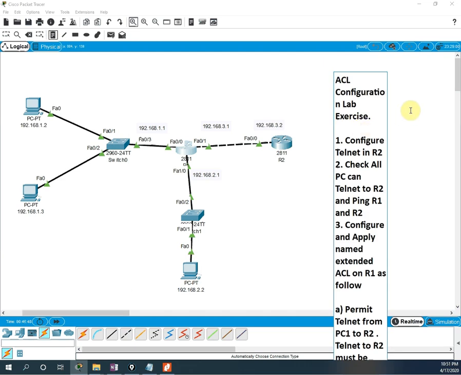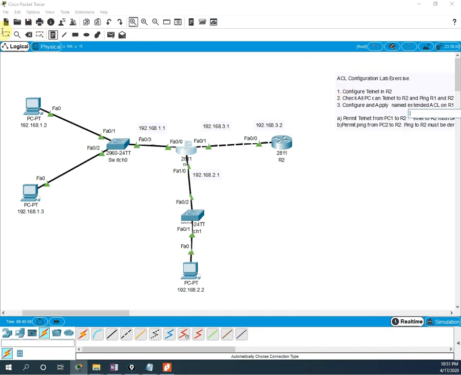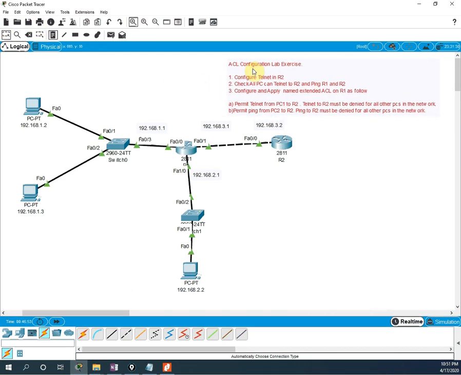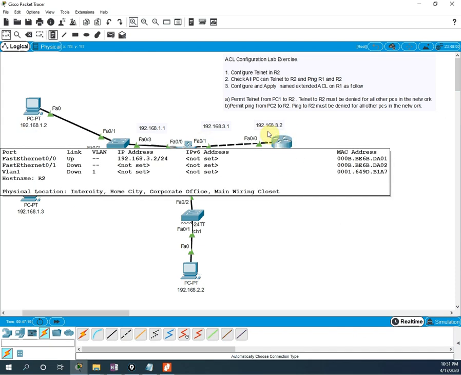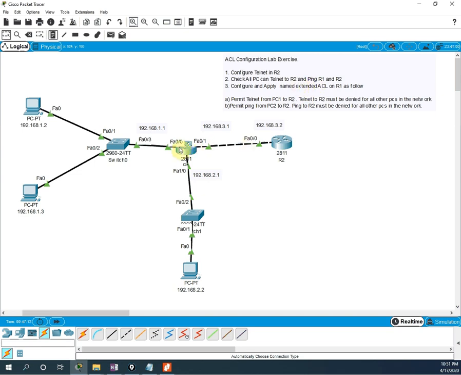This is the lab detail, whatever is mentioned. This is our lab: configure the telnet in R2. Just now we configured. Now check that all the PCs can telnet to R2 and ping R1 and R2. So we need to check from all the computers that we can telnet to this router or not, and then check that we can ping this router and that router or not.